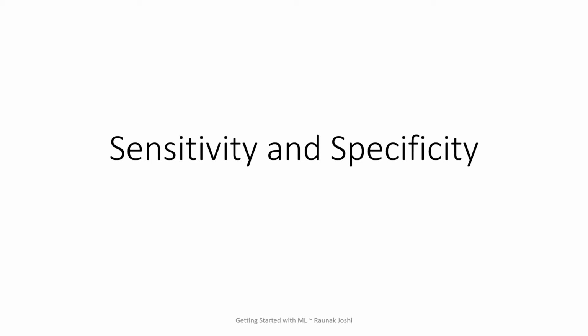This is the 26th video in the Getting Started with Machine Learning playlist, and in this video you are going to learn sensitivity and specificity along with the false positive rate. Okay, so FPR I have not mentioned, but we are going to also learn that for our next tutorial. So what is sensitivity and specificity? Now this topic is completely linked with the topic of the confusion matrix and type 1 and type 2 errors. So please do check that in advance because those are the prerequisites for this tutorial.